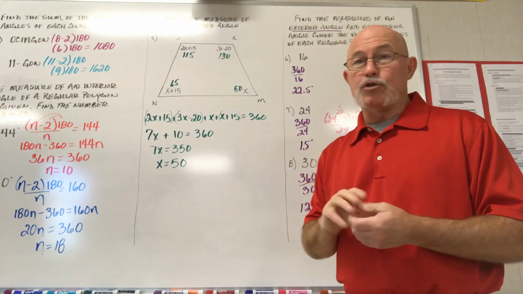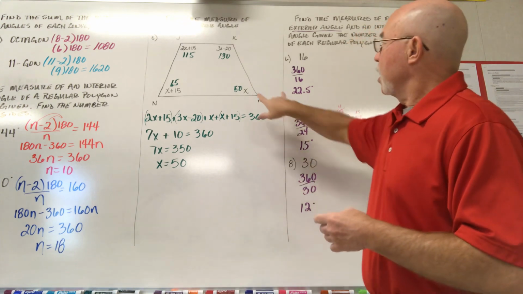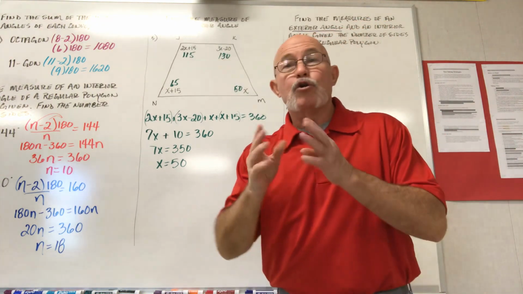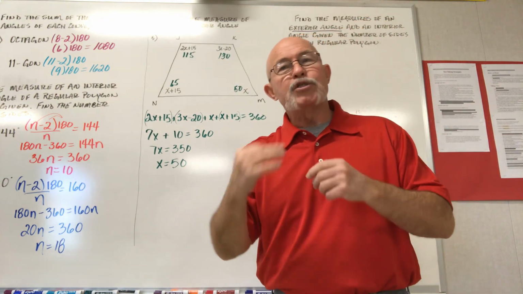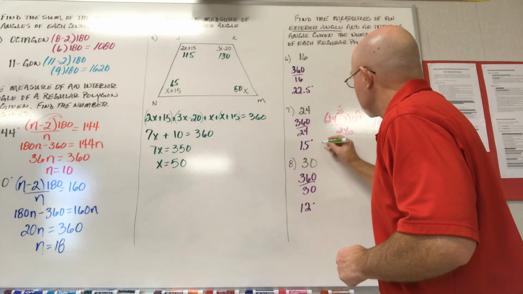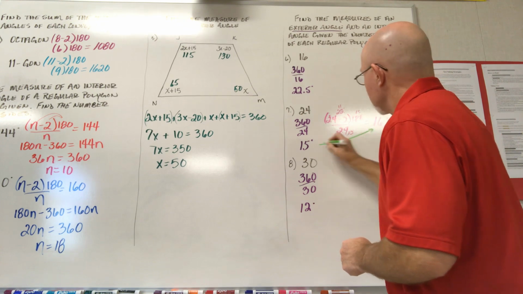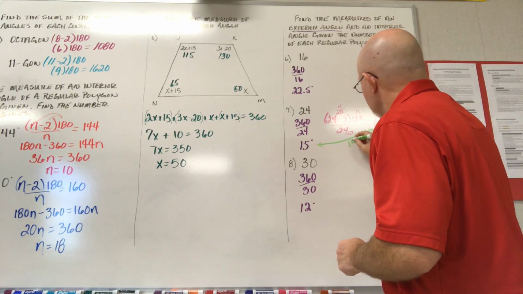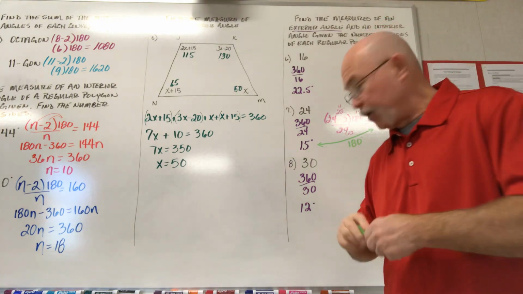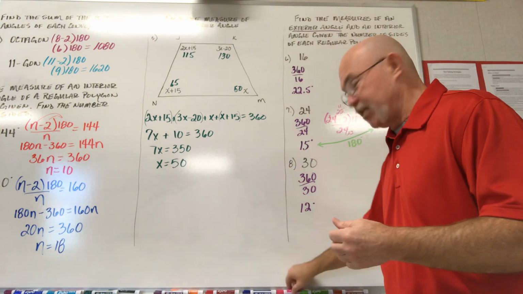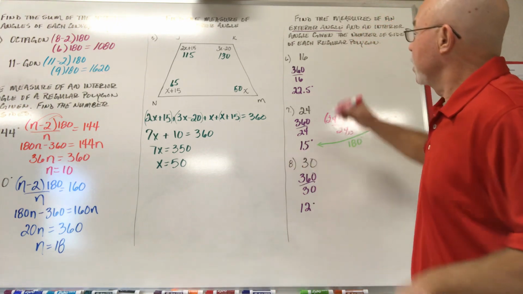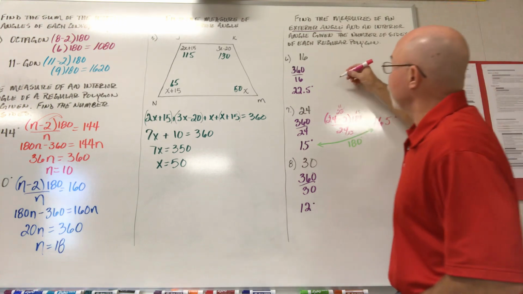Now, let me show you the really cool shortcut. Every time you have an interior and an exterior angle, you're forming a linear pair, which means they have to be supplementary. Those two together have to add up to 180 degrees. That's how it's going to be easy for you. If I subtract 22 from 180,